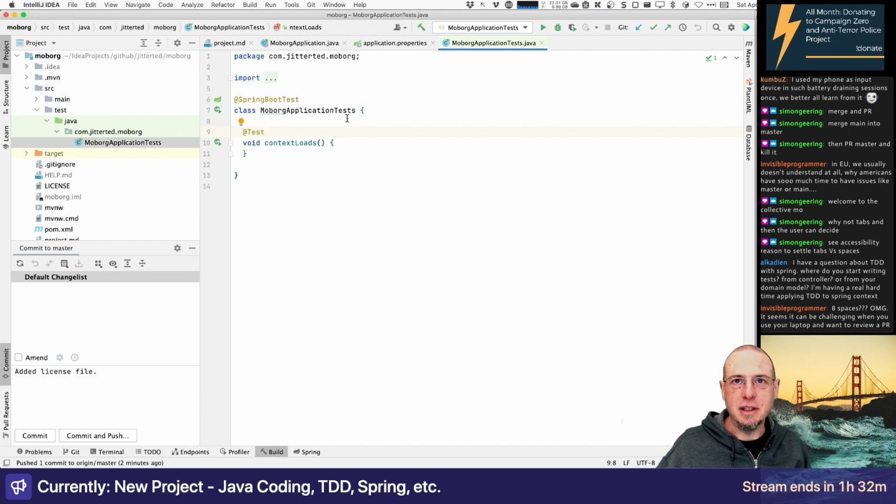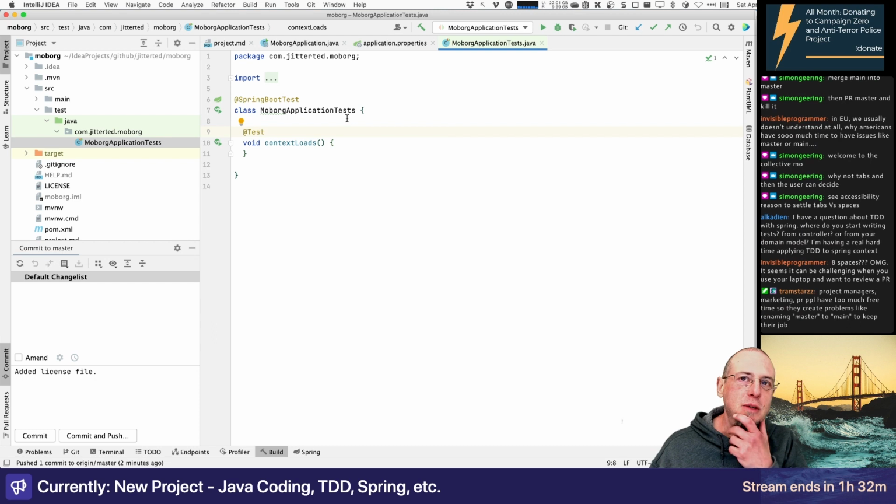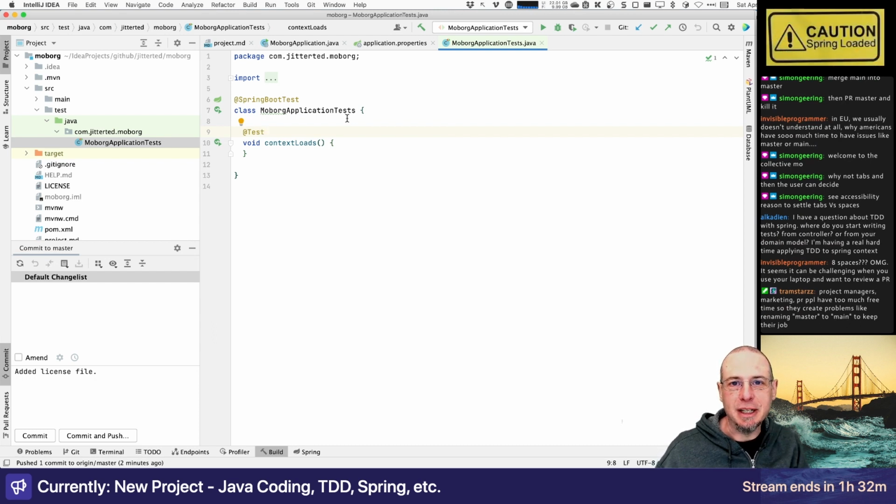But as a preview, oh, that's a good point. 8 spaces might be too much for a PR, but then you shouldn't be reviewing PRs. You should be mob programming. But to Alkadian's question, to preview,